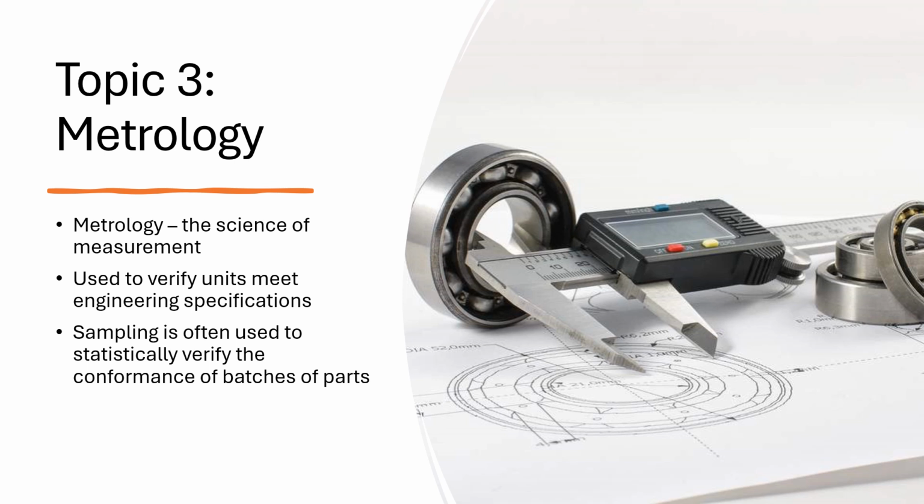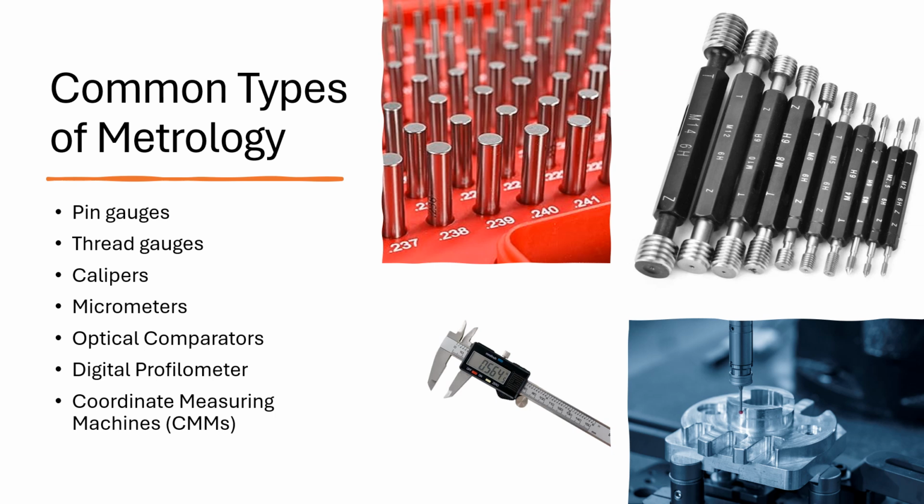As a result, most manufacturers rely on sampling techniques to deliver high-quality parts confidently without fully inspecting each unit. There are a wide variety of metrology instruments used to verify the dimensions and tolerances defined by GD&T, or geometric dimensioning and tolerancing, on a part's engineering print. These instruments include pin gauges, thread gauges, calipers, micrometers, coordinate measuring machines, otherwise known as CMMs, optical comparators, and many